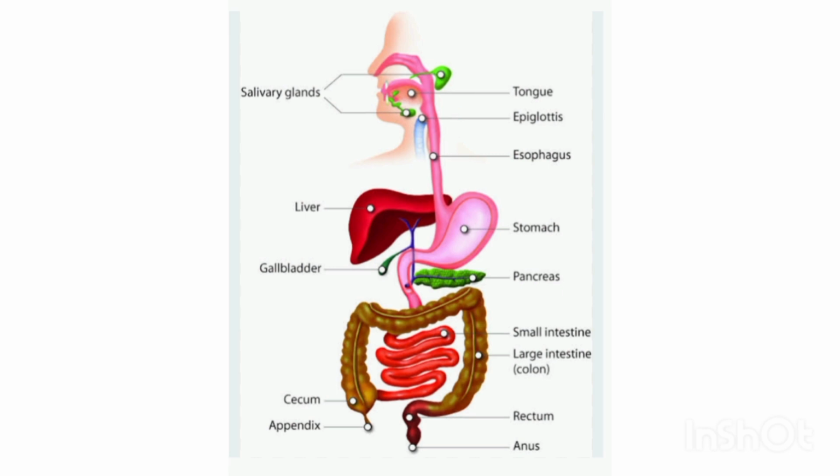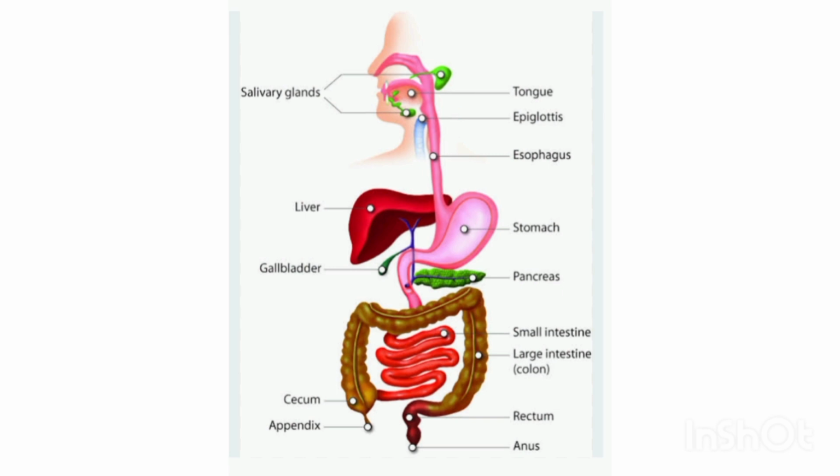The rectum, it is a large and broad chamber-like structure that serves to store fecal matter temporarily. And anus, it is the endpoint of the alimentary canal which helps in exit of waste materials. This process is regulated by anal sphincter. And digestive glands. Various glands are associated with the alimentary canal for the process of digestion of food.